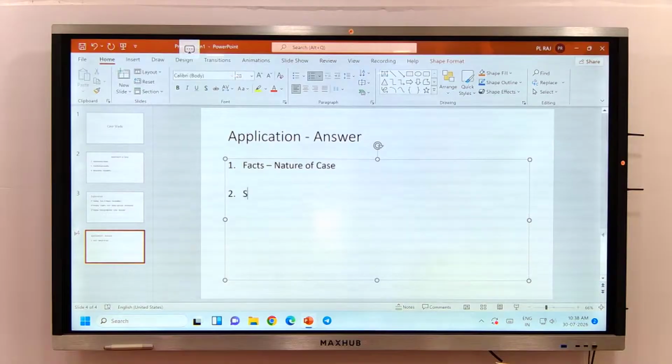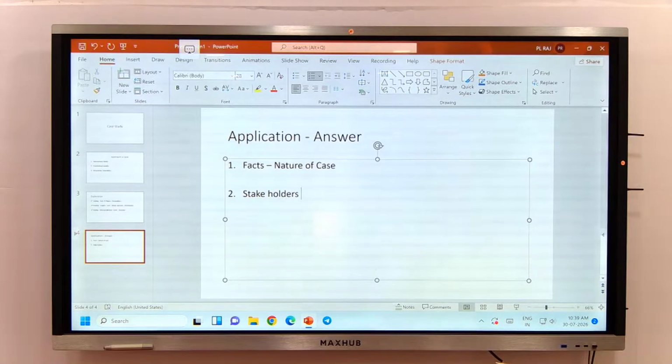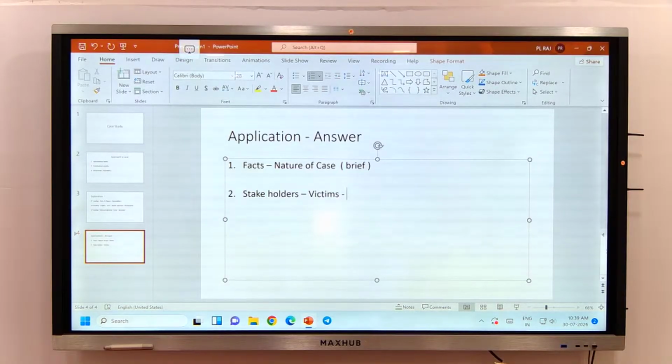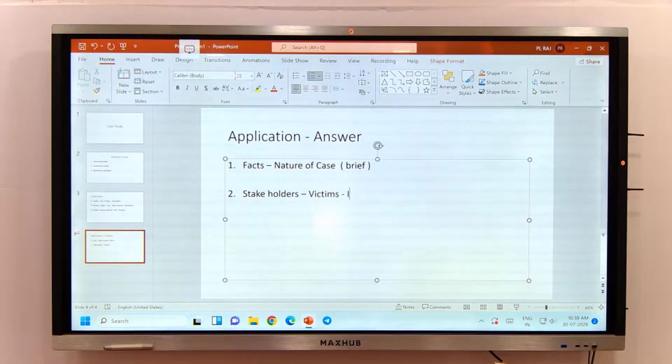Then the second one is stakeholders of the case. Nature of the case should be a brief introduction. And stakeholders of the case. In stakeholders, it should be the victims. Victims should have the priority. The victims, then the institutions,